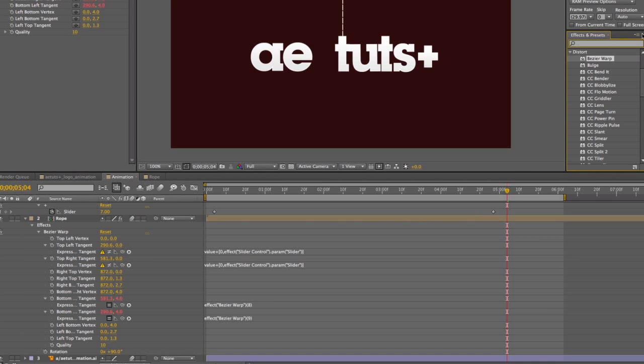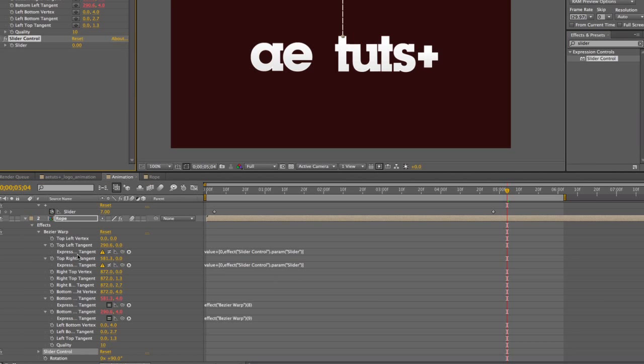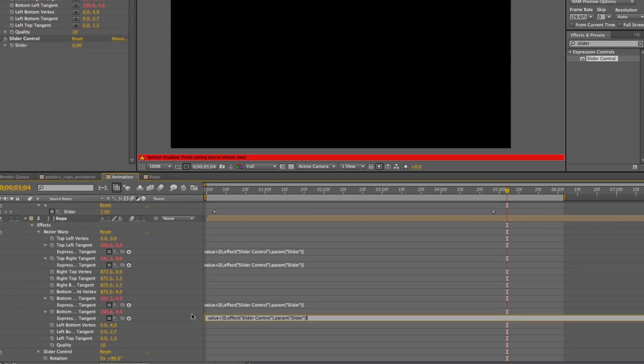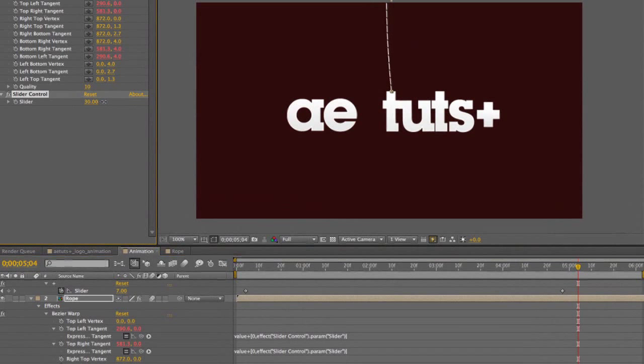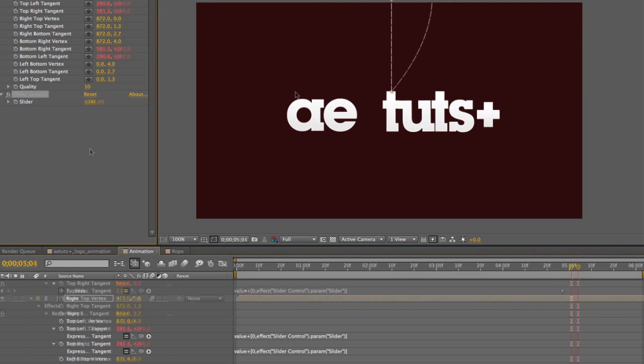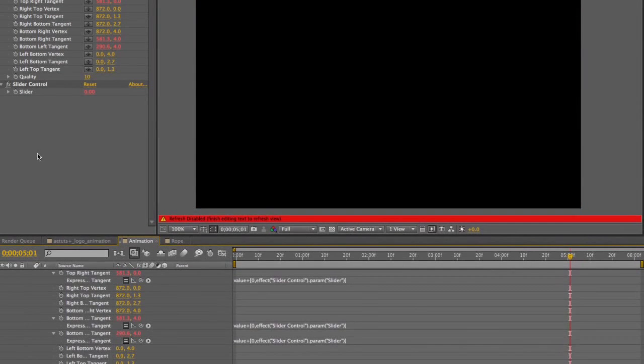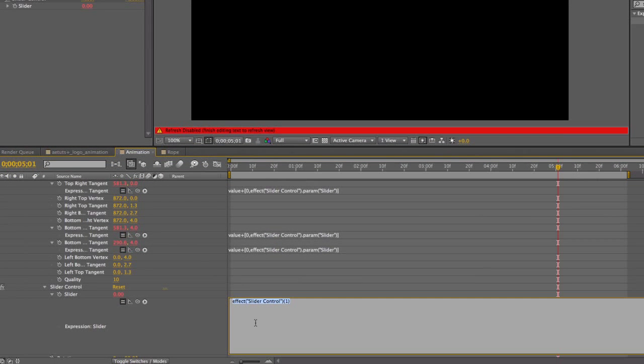So let's pull up the slider, drop it in, bam, there we go. Got our slider control. We should have no problems at all now. Yep, paste in these remaining and let's test it out. Oh, it's wobbling. It's definitely wobbling. Alright, so we're going to want to create an expression for this slider, and basically I'm going